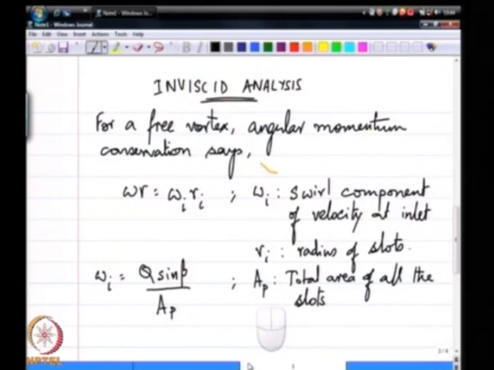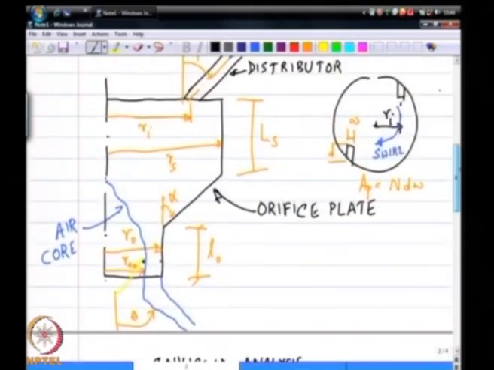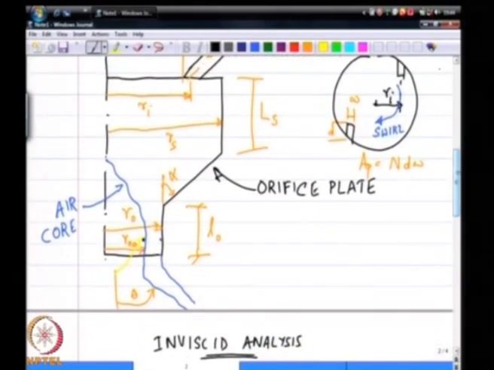streamlines are originating from the same tank, I can apply this Bernoulli's equation between any point inside this swirl chamber and the tank, okay, which also means since the tank is at a constant supply pressure delta P, I can essentially apply Bernoulli's equation between any 2 points inside the swirl chamber even if they are not on the same streamline,